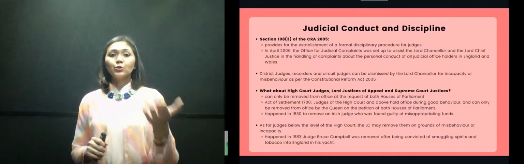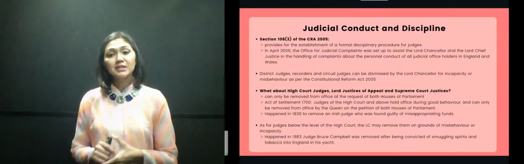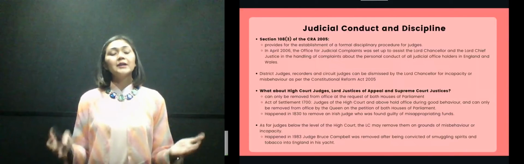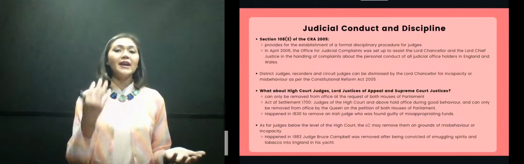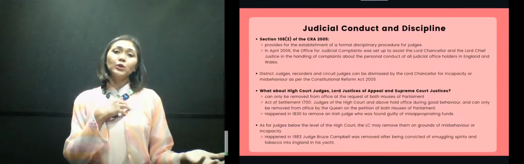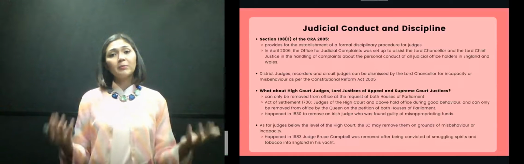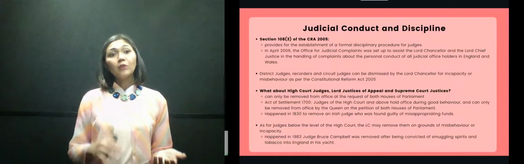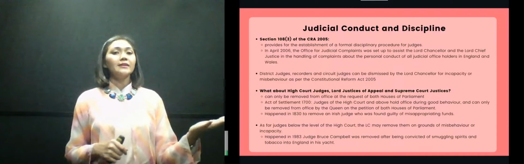When it comes to district judges, recorders, and circuit judges, they can be dismissed by the Lord Chancellor, either by reason of incapacity, which means sometimes if they get a heart attack, they can't continue to work, or they suffer from a stroke, which hinders them from performing day-to-day tasks, or misbehavior, then they can be dismissed by the Lord Chancellor as indicated in the